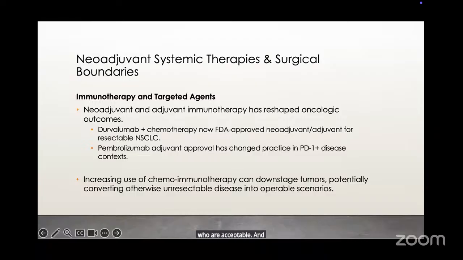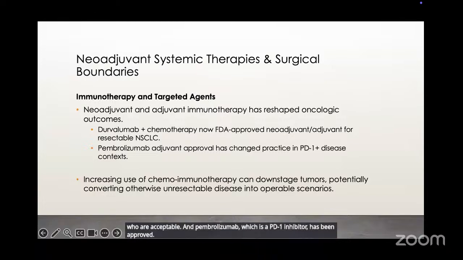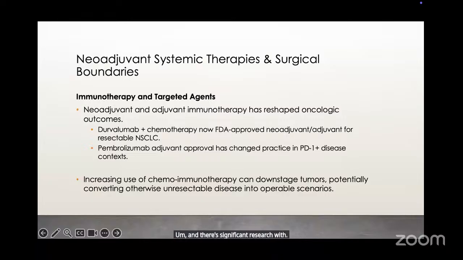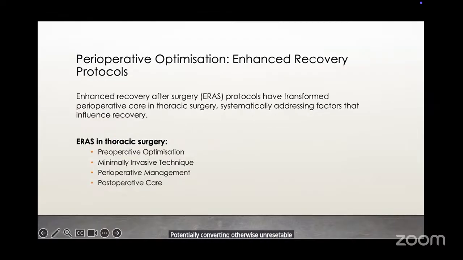And pembrolizumab, which is a PD-1 inhibitor, has been approved. And there's significant research with pembrolizumab as a PD-1 inhibitor to the point where it has now been advocated as a standard of care for all non-small cell lung cancers which lack targetable mutations. It is also the first-line treatment for tumors which express a high amount of PD-L1. These are increasing the use of chemoimmunotherapy, which has shown to downstage tumors, potentially converting otherwise unresectable disease into operable